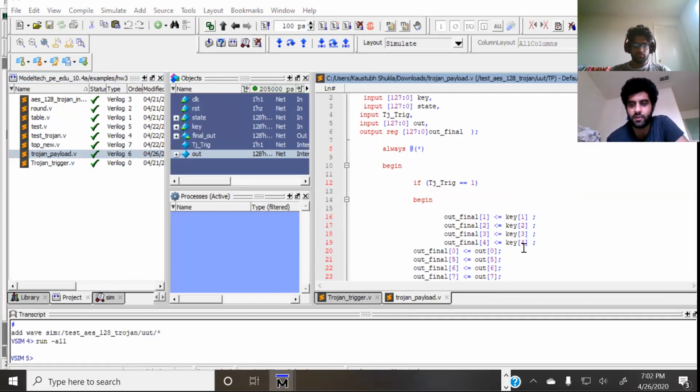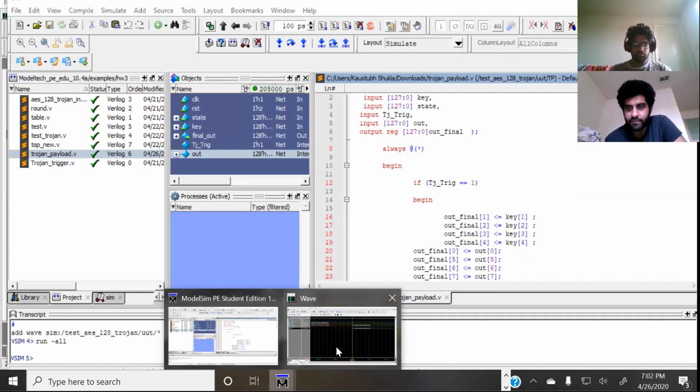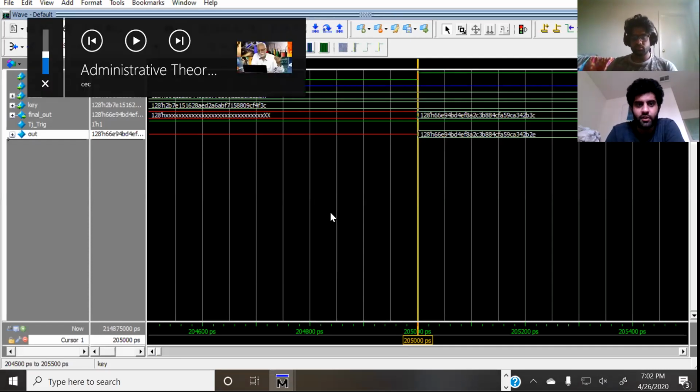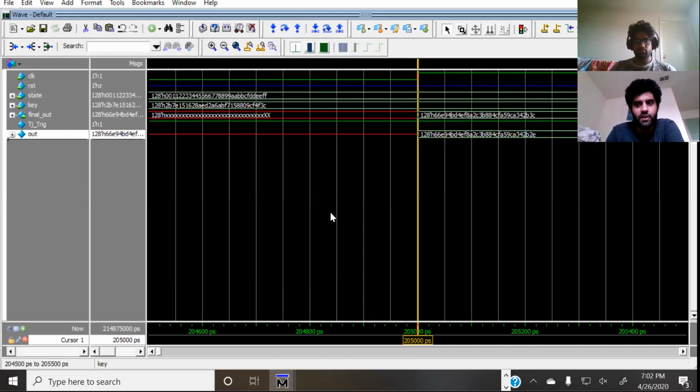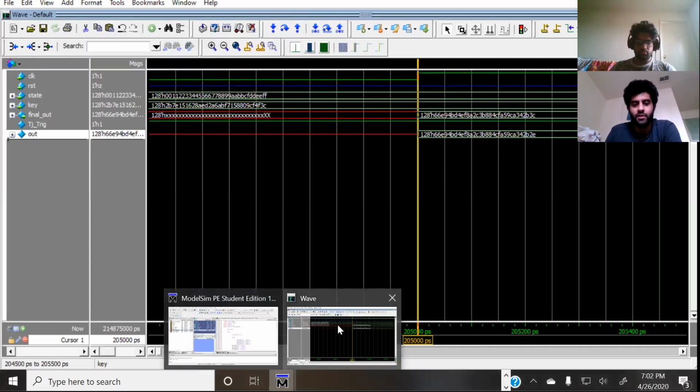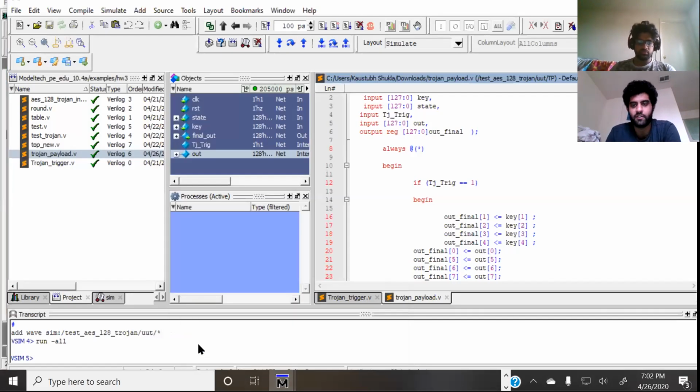So if we open the simulation, here you can see that the last 4 bits of the final output correspond to the key value instead of the output it should normally give when the Trojan is not triggered. So basically this goes to show that this state is the Trojan trigger, and the key values are being leaked into the output according to the corresponding bits that we mentioned while running the script. So these are the 2 Trojan payloads that we have inserted.